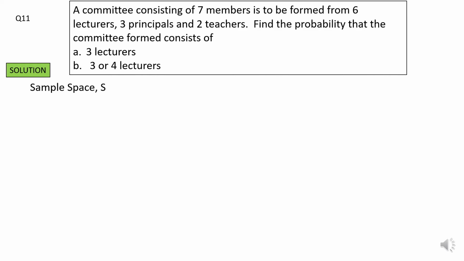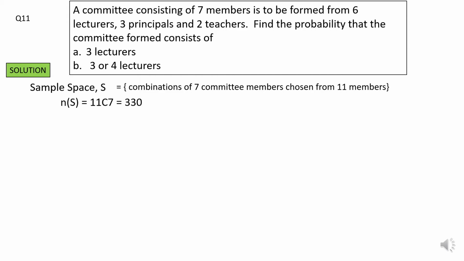So here the sample space must consist of 7 committee members. So that will be combination of 7 members chosen from 11 members. Now here we don't have to list out the possible outcomes, but we need to calculate the number of sample space. So in order to calculate the number of sample space, I'm going to use the concept of combination. So number of sample space equals to